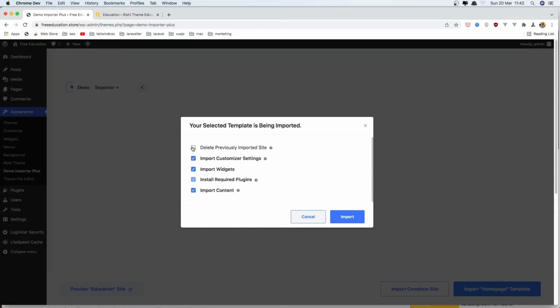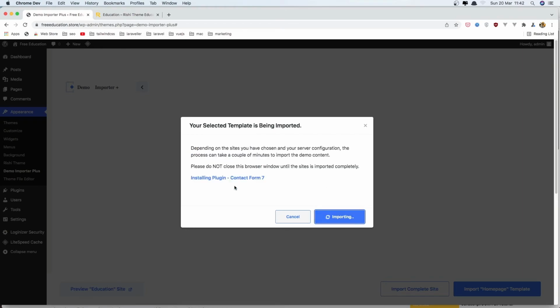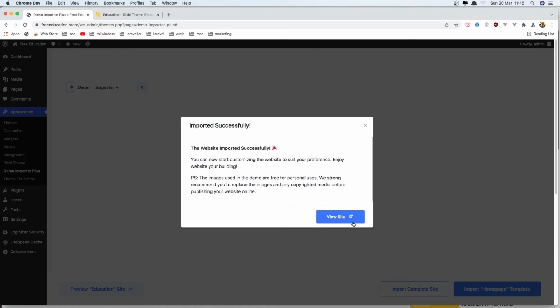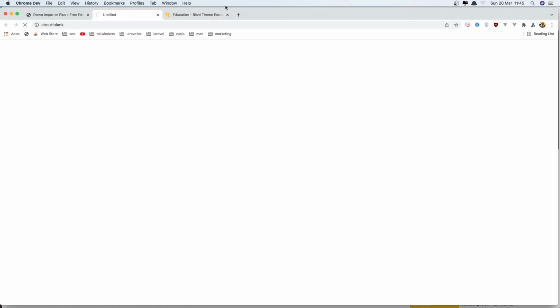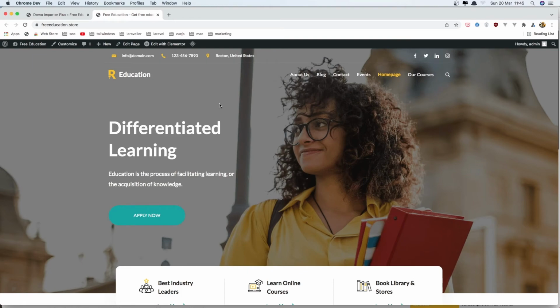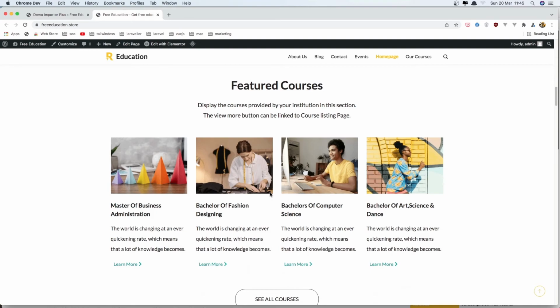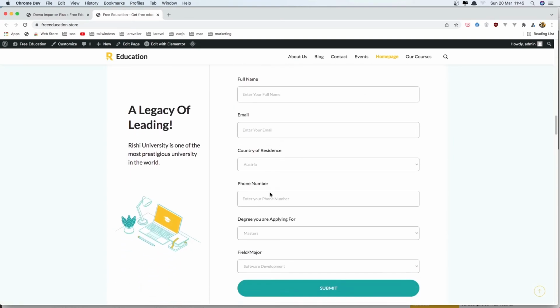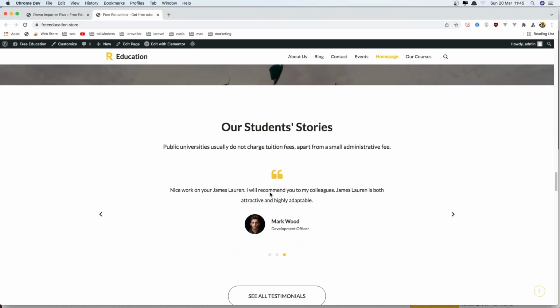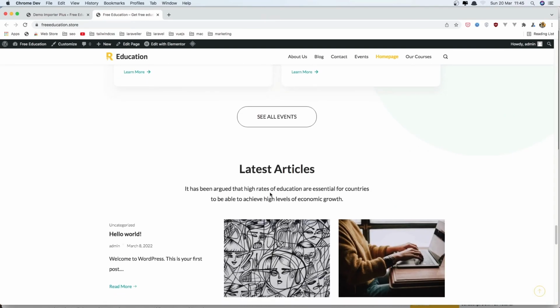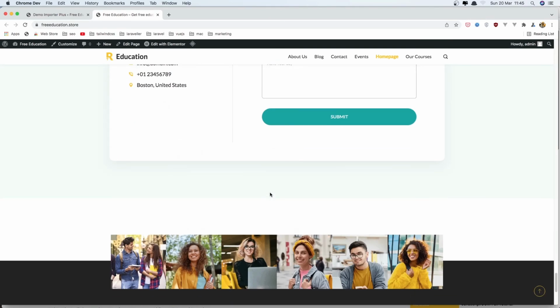and delete the previous imported. We don't have any, but just okay, visit the site now. And here is how it's going to look. I think it's a very good site. In just 5 minutes you can go and create that. This is the dummy data, but we can go and change it in the admin dashboard, but to create this in 5 minutes, I think